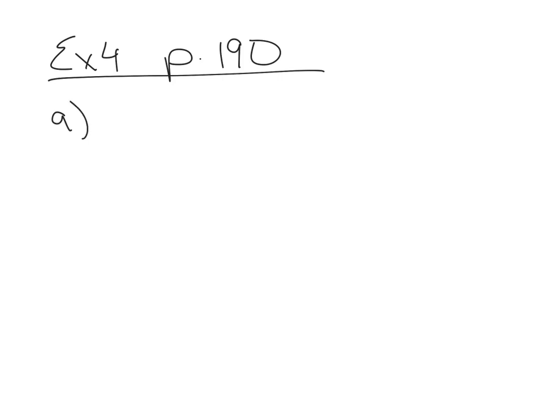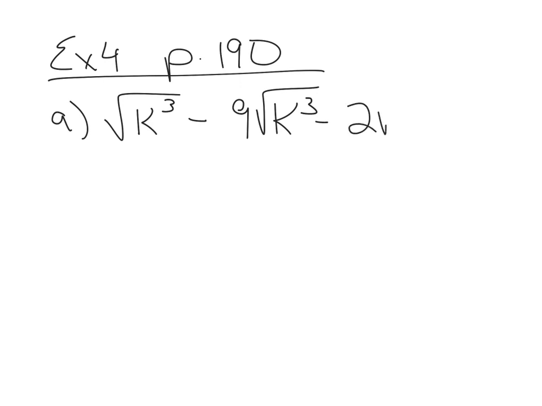Letter A says the square root of k cubed minus 9 square root of k cubed minus 2 square root of k cubed. All right, we can add these. They all have the square root of k cubed. We add the coefficients. 1 minus 9 minus 2. Well, these two negatives together make negative 11 plus 1 makes negative 10. So we end up with negative 10 square root of k cubed, which is a great answer, except it's not